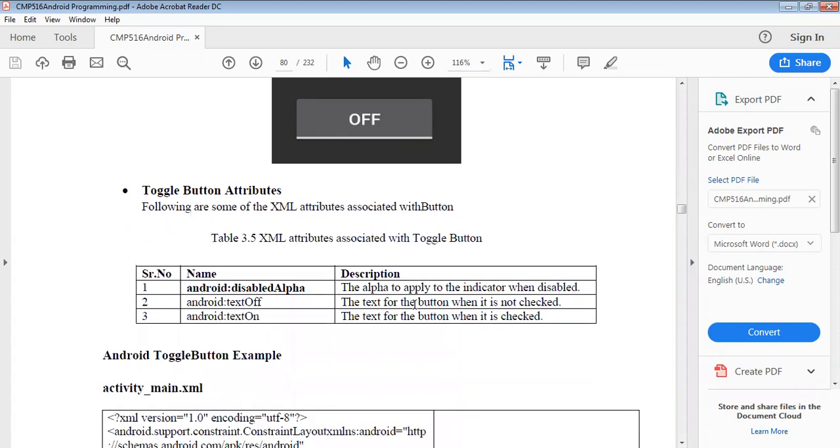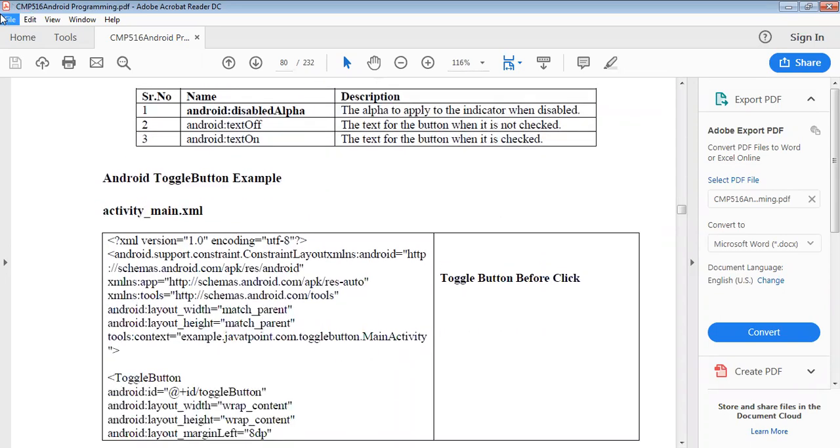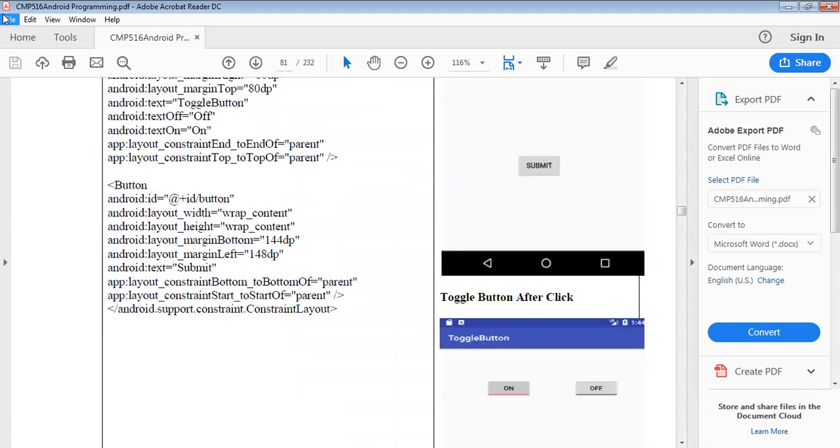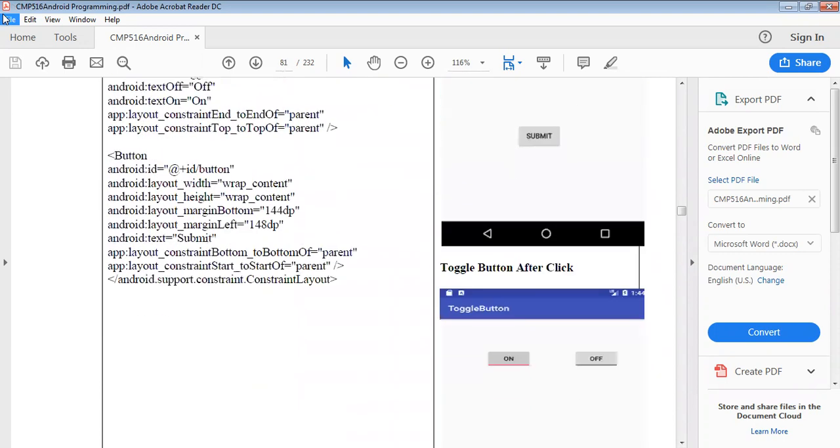Some toggle button attributes are presented, such as android:textOff and android:textOn, meaning checked or not checked, and android:disabledAlpha, the alpha to apply to the indicator when disabled. Here is the example of the toggle button.